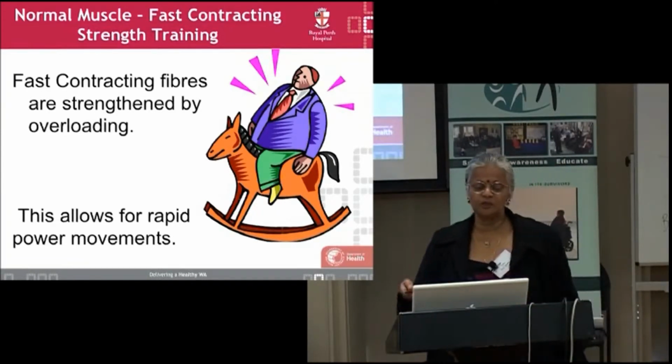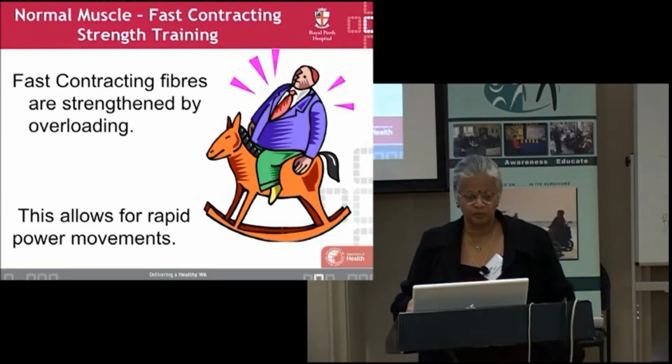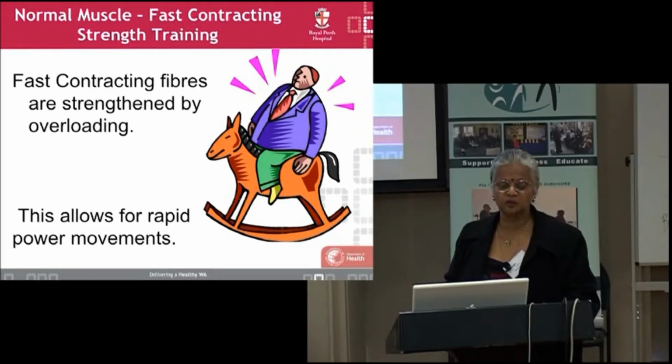Okay, fast contracting fibers are strengthened by overloading. This allows for rapid power movement. So if I overload your muscles, I can train your muscles to respond faster. Normal muscles,